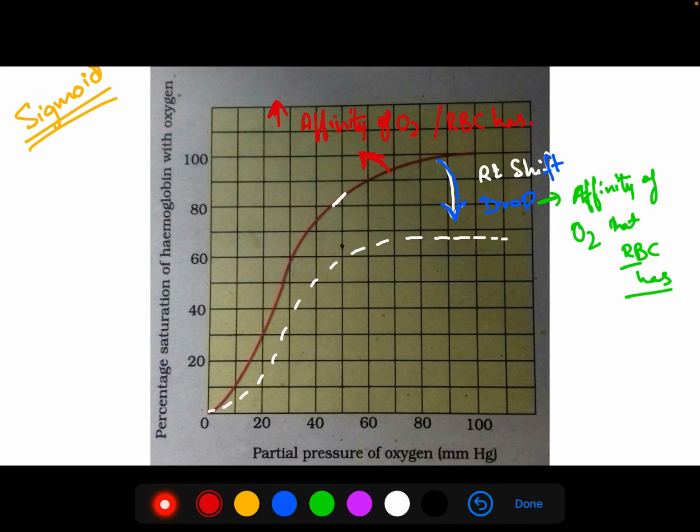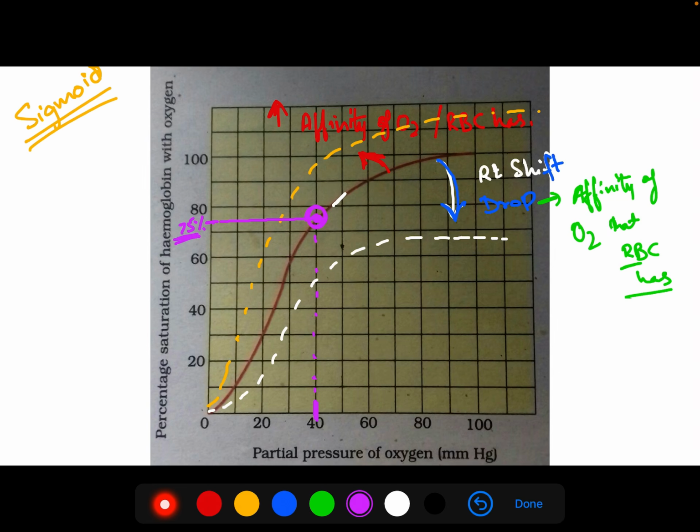Okay, to explain further or to give you a concept regarding the same, I'll just plot a graph here, like a simple graph. You can see, for example, the partial pressure of oxygen is 40. If we go upwards, here in normal circumstances the oxygen saturation in the RBC will be about 75%. So it means the RBC is holding the oxygen and is not releasing it readily, or we can say this is the affinity of